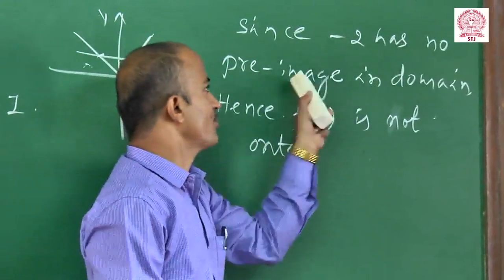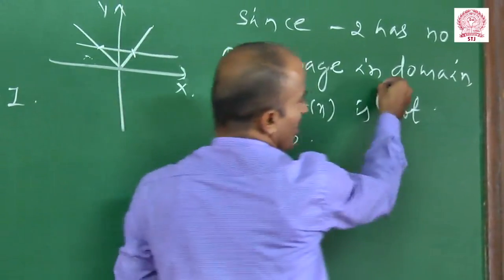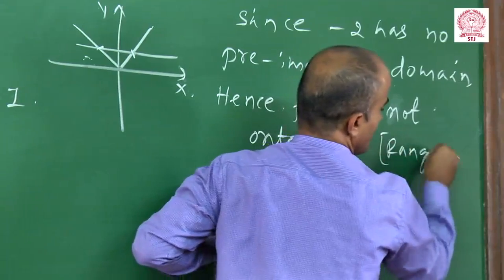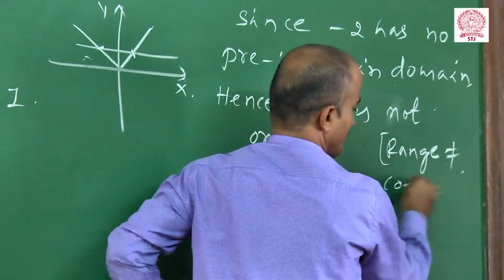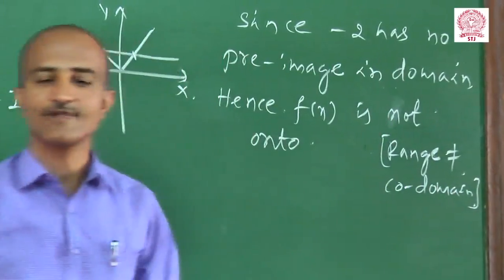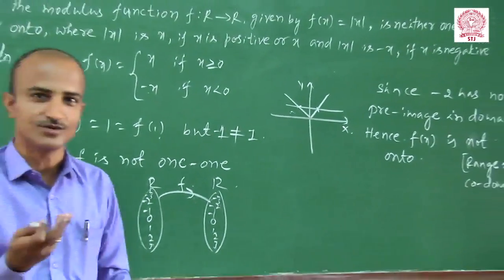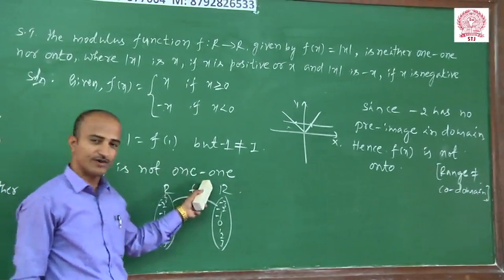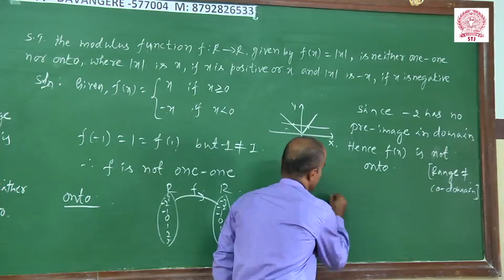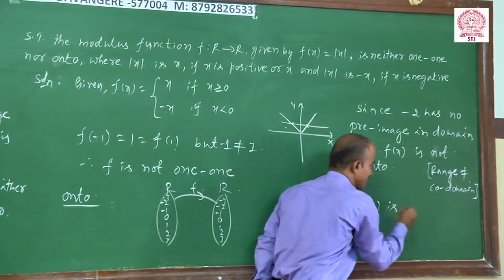Since minus 2 has no pre-image in domain, hence f of x is not onto. Which means here, range is not equal to codomain. When the range is not equal to codomain, clearly we will say that function is not onto. Since the function is not 1 to 1 nor onto, hence f of x is neither 1 to 1